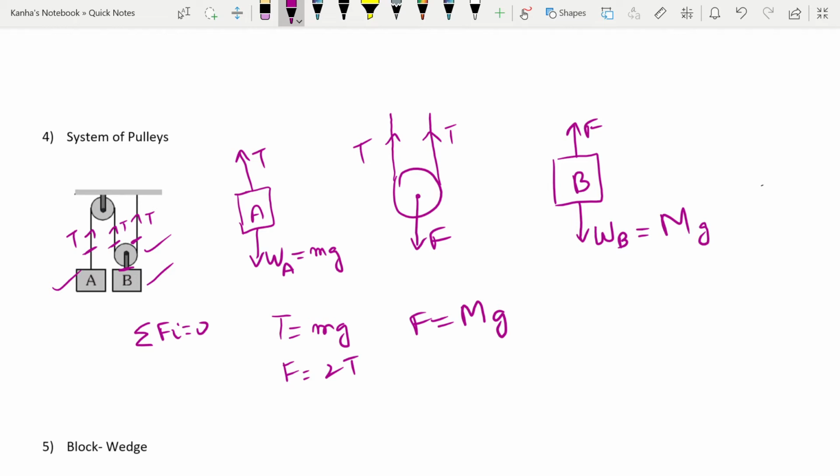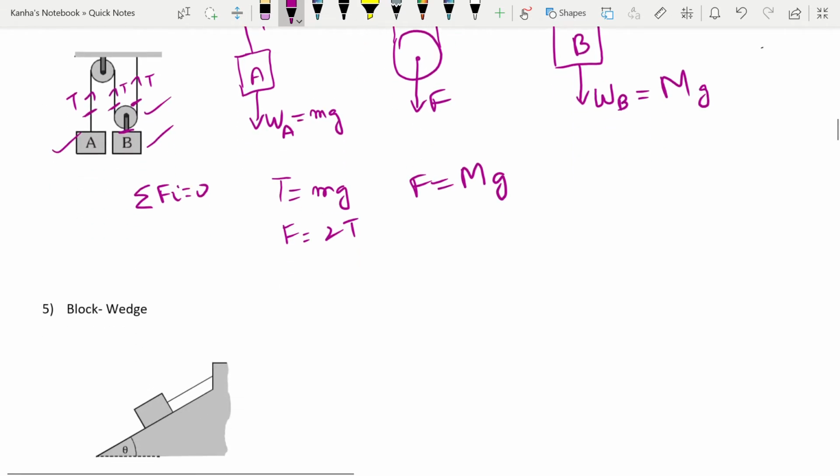You separate the object from the system, and then you count first of all how many contacts it is making. If it's a string, just use the tension force there. If it's a surface, use the normal reaction there. Later we'll find frictional forces as well, which are also contact forces. If there's a spring, use the spring force there. After you've made all the contact forces, then you go for the non-contact ones. The non-contact one that will most of the time be there is your gravitational force.